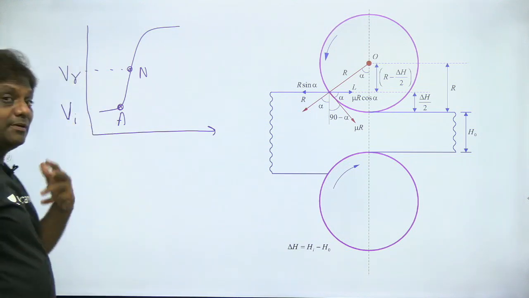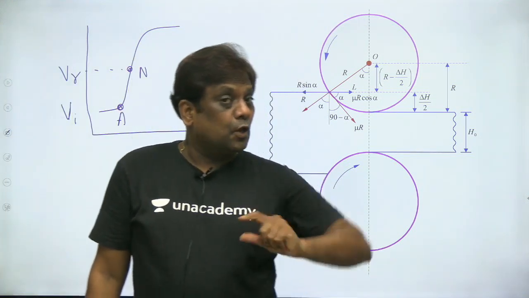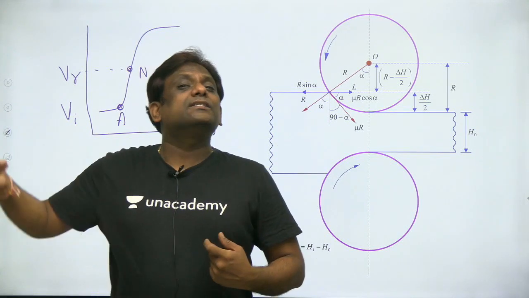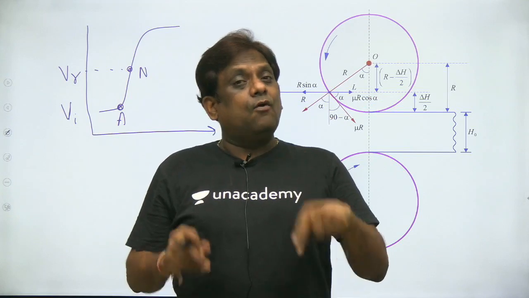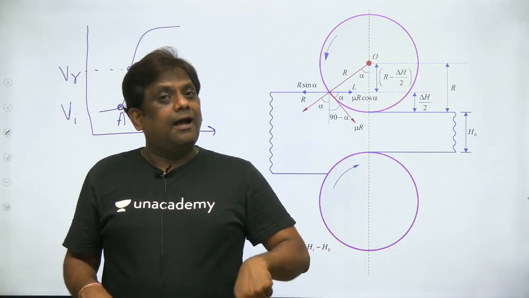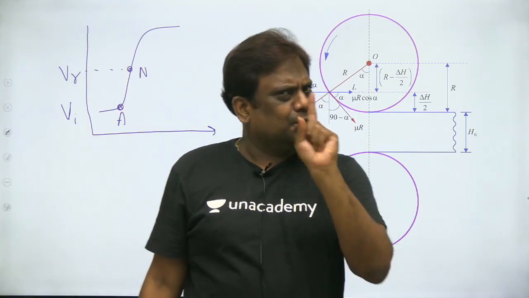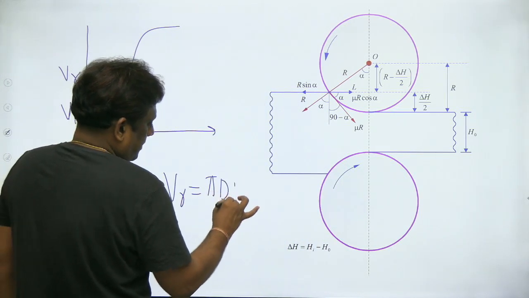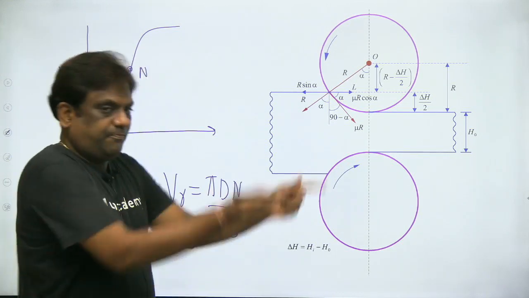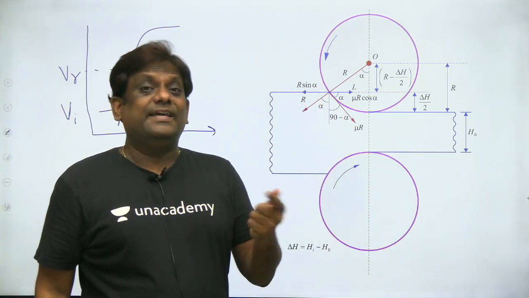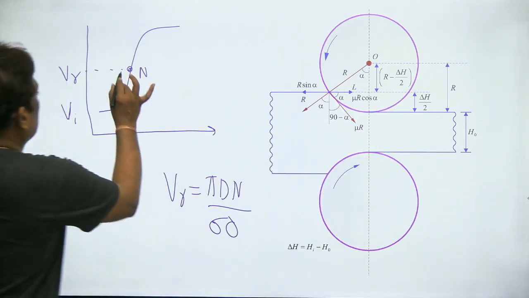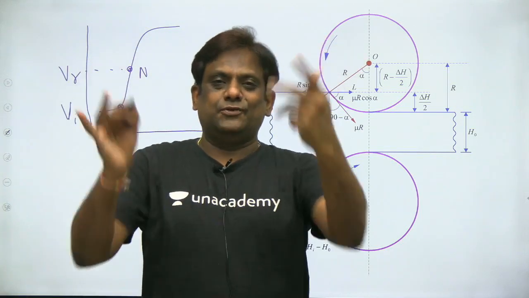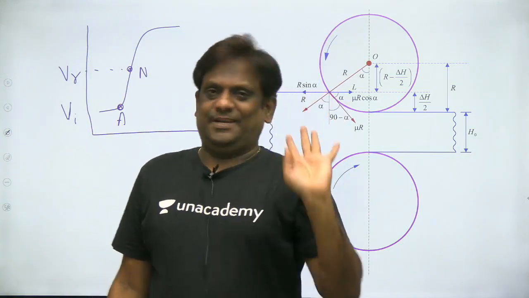VR. So sometimes he may give you the roller diameter and speed of the roller, and ask you, what is the velocity of the component? What is the velocity of the component at the neutral point? And you know very well, roller velocity is pi DN by 60. It has nothing to do with the strip or my component velocity. But he is asking at the neutral point. At the neutral point, roller and my component velocities are the same. So don't get confused at all. But at other points, they are not the same.